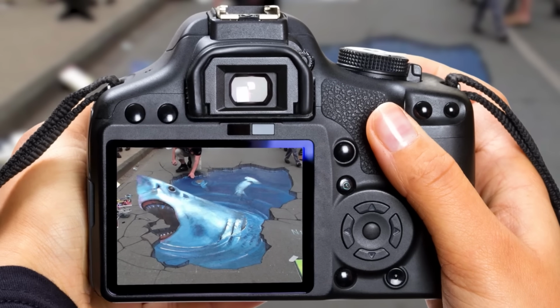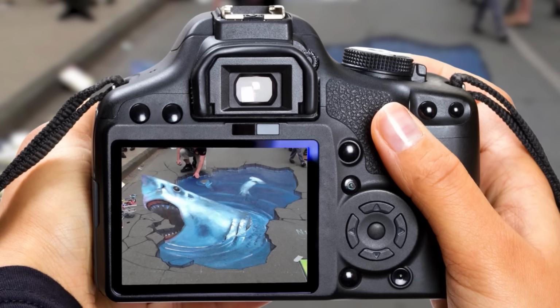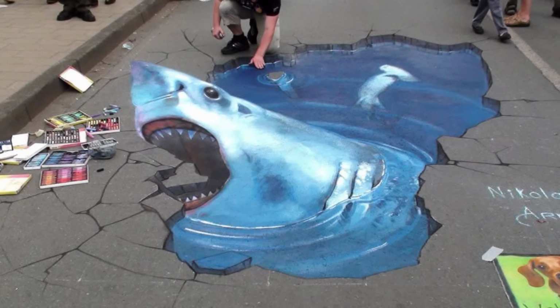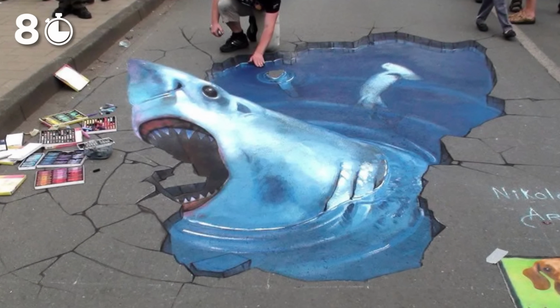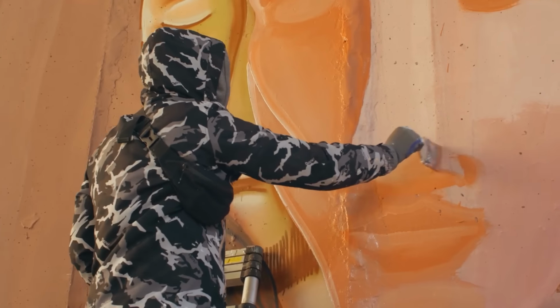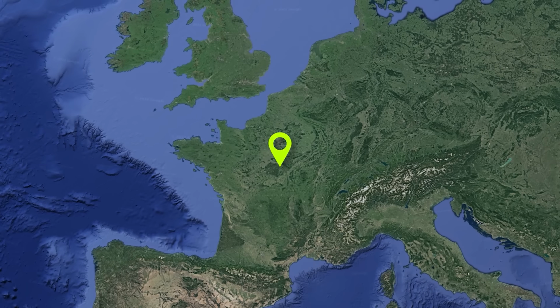Thanks to photography, though, we can stare as long as we like at this razor-toothed, asphalt-eating shark that took Nikolaj just 8 hours to make. Killer. Another artist who puts painting into perspective is Paris-based master illusion painter Felice Verini, who's known for transforming the